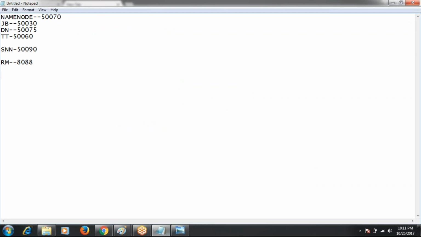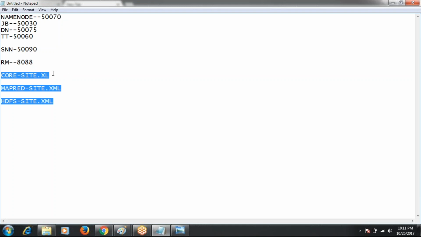And at the time of cluster setup, we have three important configuration files: core-site.xml, MapReduce-site.xml and HDFS-site.xml. These three are what we call triplet configurations.